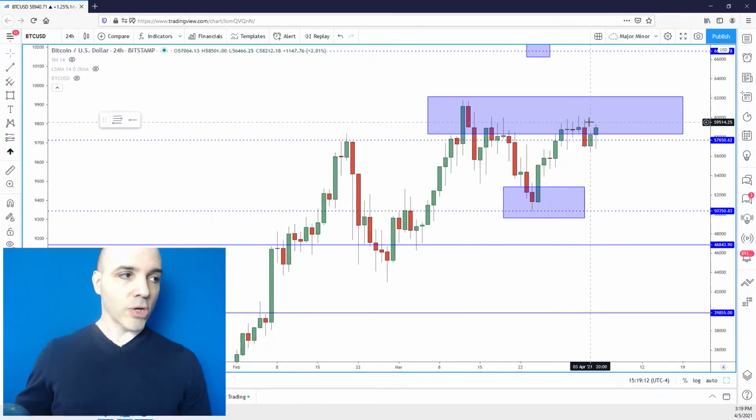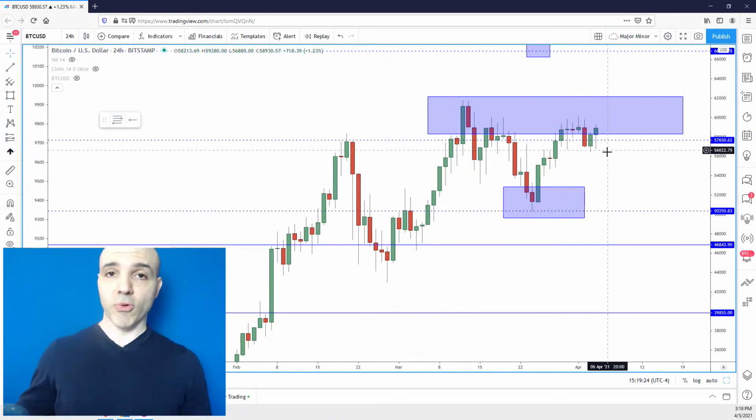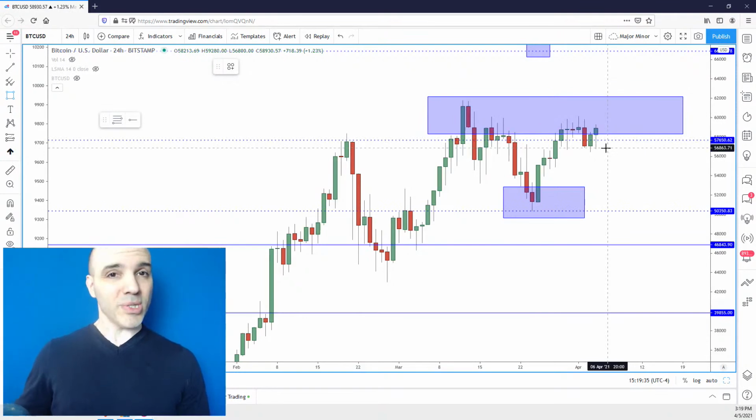Not only that, but we had a green candle close yesterday, and we took out the high of that candle today, which is another buy signal. So we didn't send that out. I'm not sending that out because I don't buy into resistance zones. That's just part of the rules that I follow. Some people are impatient. They want to buy into that. If you're taking a day trade and you want to work with that on a smaller time frame, okay. But for a swing trade, this is very risky.